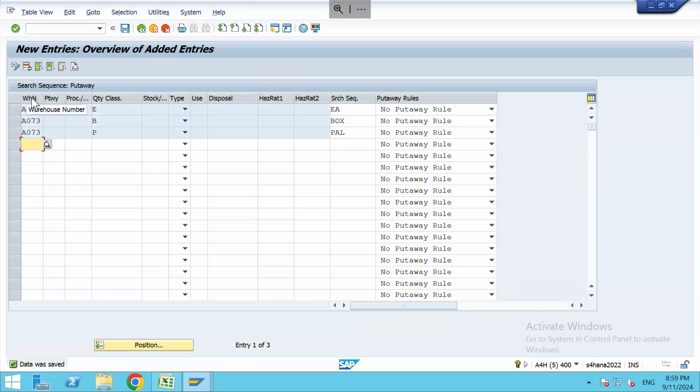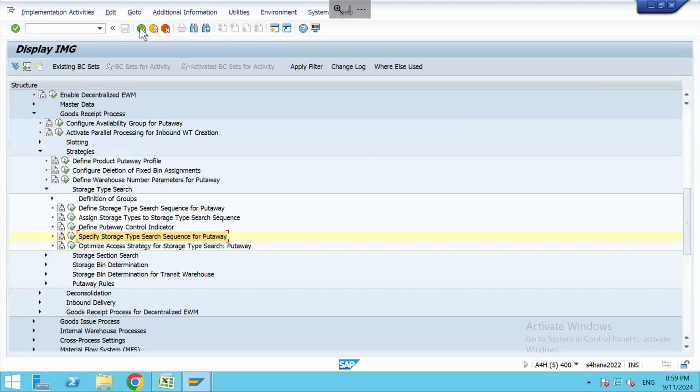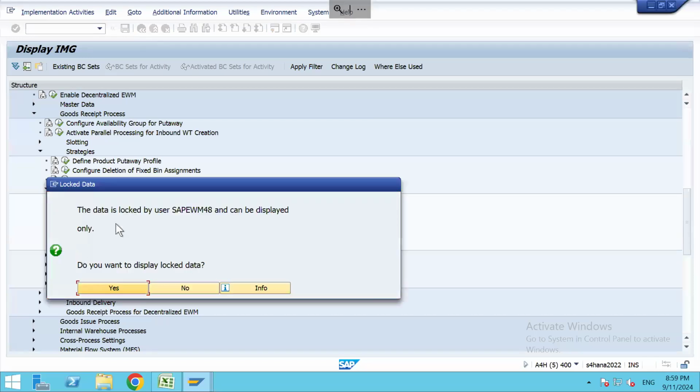Earlier, what combination did we use? Warehouse number, put away control indicator, warehouse process type. And now what we are using is warehouse number and quantity classification. So this is a second access sequence, so we have to optimize it. Someone is working on it. This user,